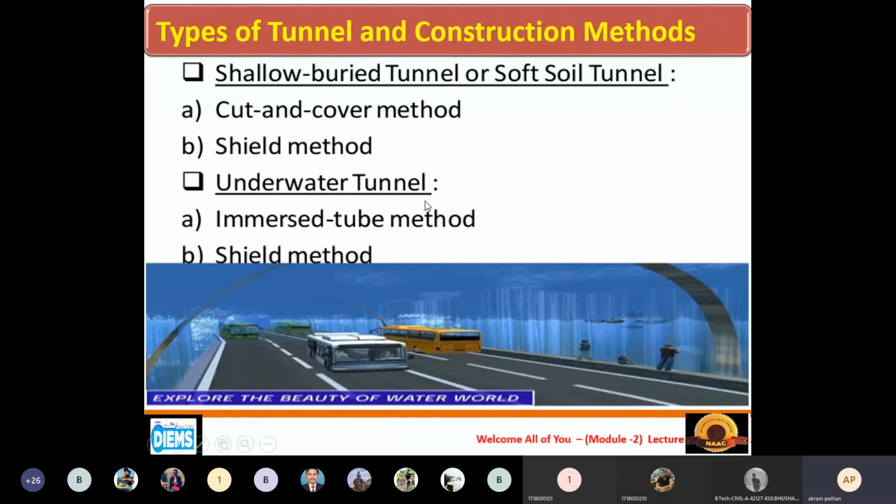So depending upon the types of tunnel, we have to use different types of methods. Each and every method has its own applications, and these are the applications where these methods are applicable.